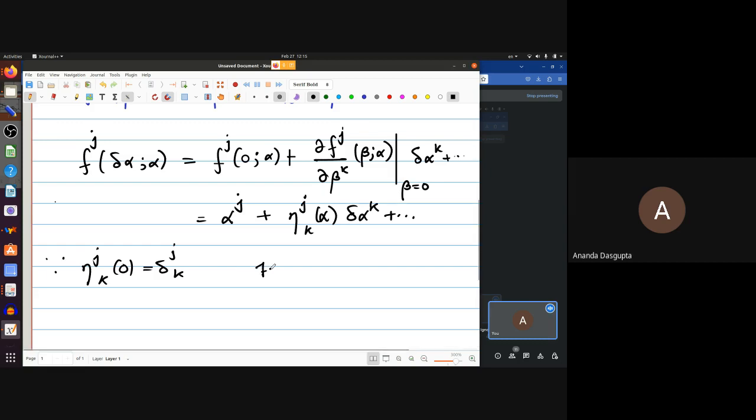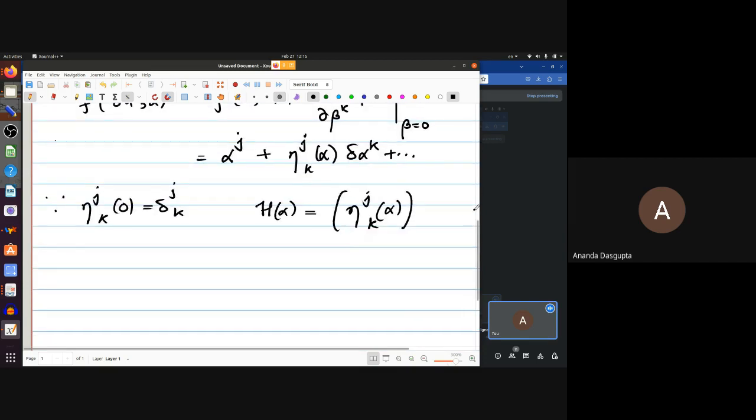The matrix H of alpha, which is the matrix, okay, there's not H, there's capital eta, but frankly, we would often call it capital H just because that's what Latin taught us for a long time. We would expect that at alpha equal to 0, this being simply the identity, and hence invertible, implies that there is a neighborhood around the identity where this matrix can be inverted. And therefore, we also introduce the inverse matrix xi of alpha, which is nothing but H of alpha inverse. So this was our xi. And in terms of components, it meant